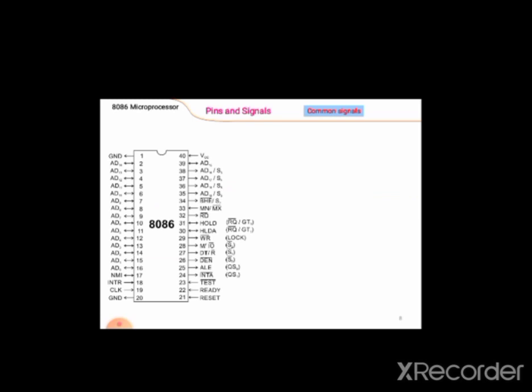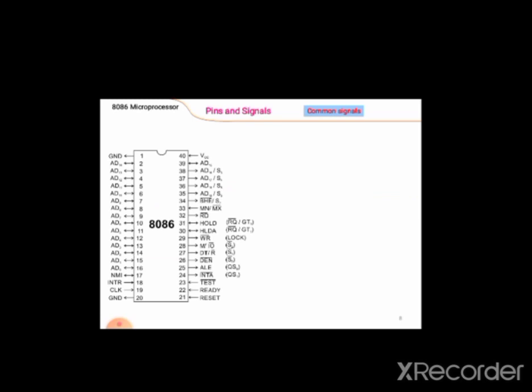You can see that this is a 40-pin IC. It is an Intel 40-pin 8086 16-bit microprocessor. All of you know about ICs because in digital we have learned all the logic gates, which are also available in IC, meaning integrated circuit form. So all the gates are 14 or 16 pin ICs, but 8086 is a 40-pin IC, so it is quite big because it is a processor.